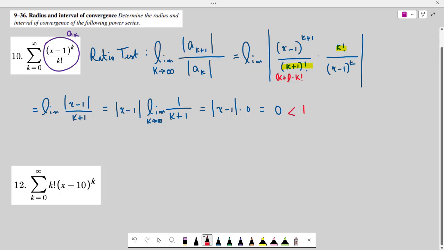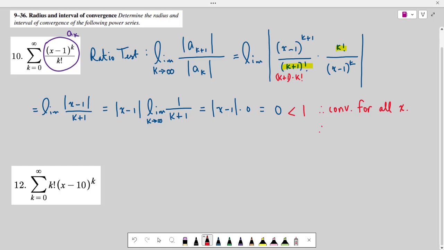This is less than 1, therefore it converges for all x. That's always less than 1. So the ratio test is generating a number, 0, for every possible x, which means it doesn't matter what x you plug in, the limit of the ratio is always going to be less than 1,